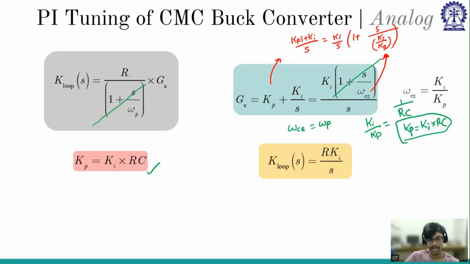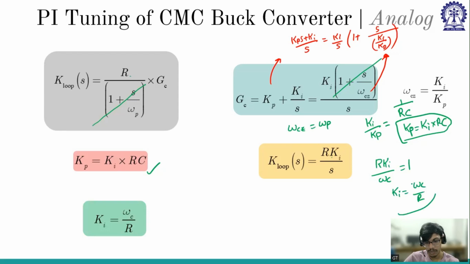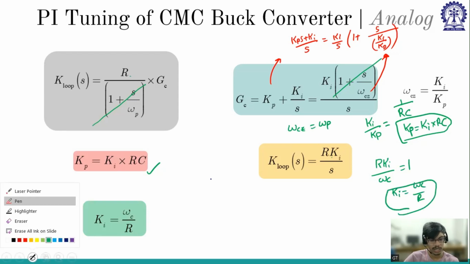My K loop of S is R Ki by S. So again, at crossover frequency, magnitude is 1. So R Ki by omega C is equal to 1. So my Ki is what? Omega C by R. So as we need only a PI controller, the number of unknowns is reduced,